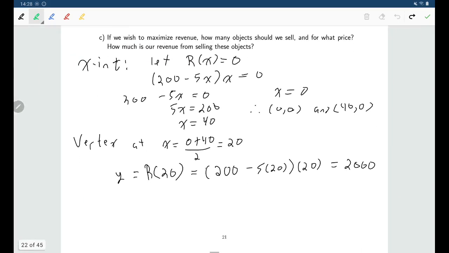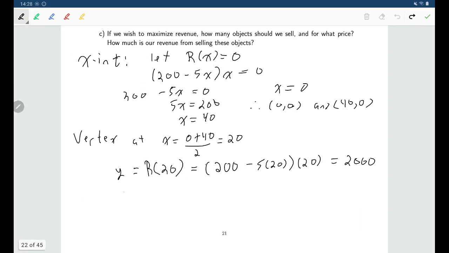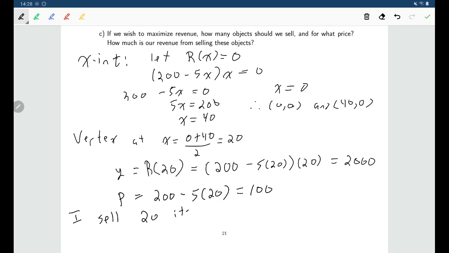So now that we know what x is, our price should be 200 minus 5 times x, which is 100. So I sell 20 items for $100 each